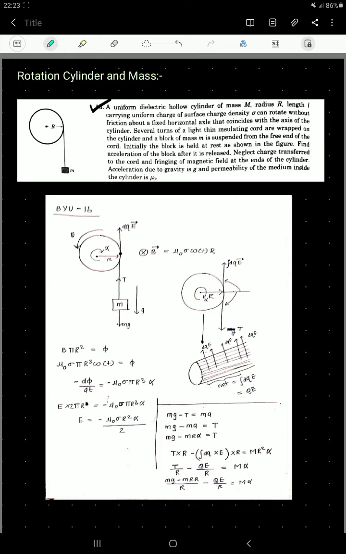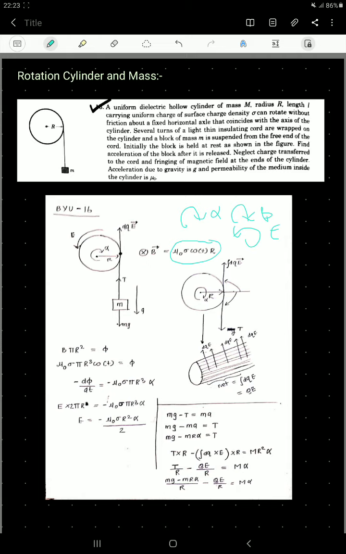Here you know that when the cylinder starts rotating in the sense of alpha, a magnetic field would be produced. So the electric field would be opposite in sense to the magnetic field, since it would tend to decrease the increasing field. So here I take omega as a function of time, and I put the value of B as B naught sigma omega t r.